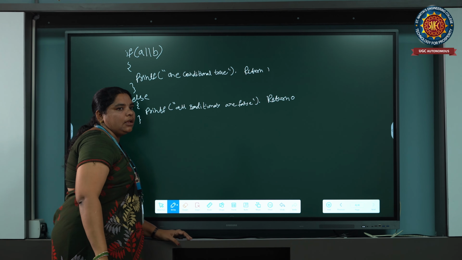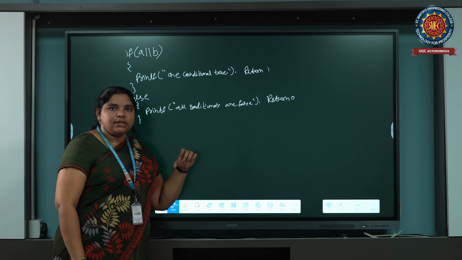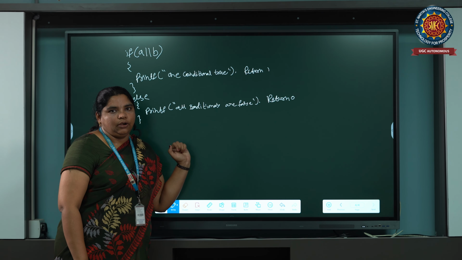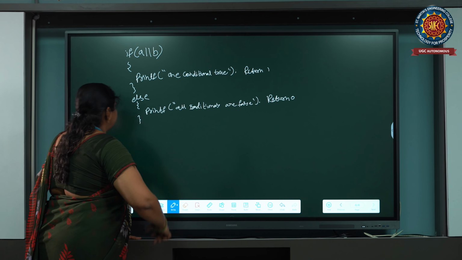So in OR, if one condition is true and another is false, it returns the true value. If both conditions are false, it returns 0.